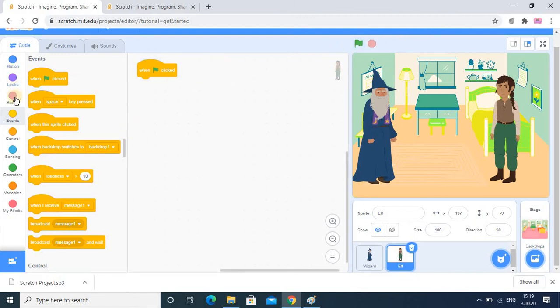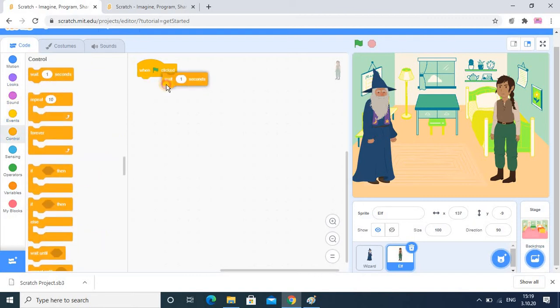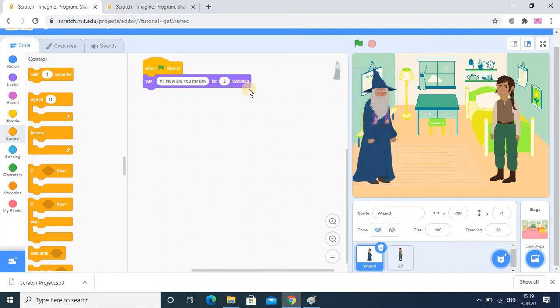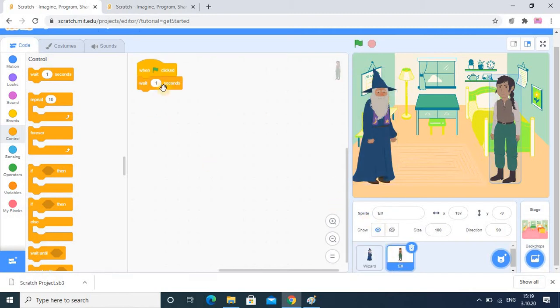Here you have to write wait. It is in the control section. The wait should be for more than 2 seconds, because the previous conversation is for 2 seconds. So here you have to insert wait for 3 seconds. And after 3 seconds you can add the text.